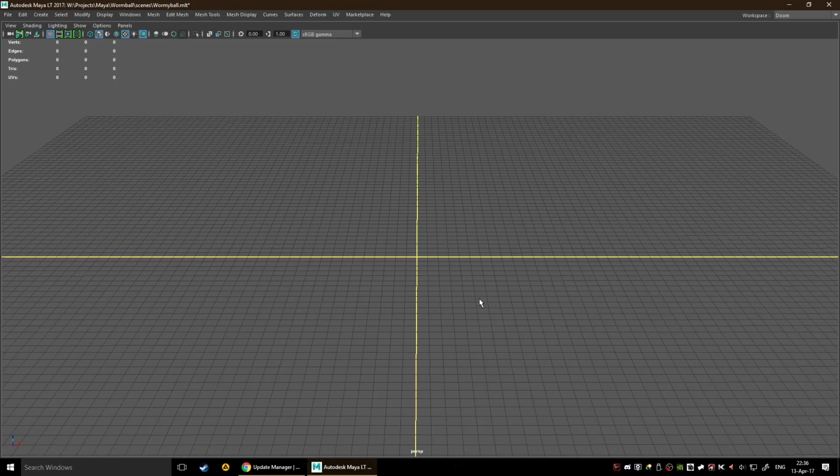So play around with these tools. Maybe figure out how some of them work, because, like I said, I don't even know how most of them operate because I never actually had to use them. Maybe in some particular scenario they'd be useful, but in general you'd be using the mouse tools and some of the basics like smooth and reduce, like triangulate, quadrangulate, all those. Well, you won't be triangulating, but anyway,